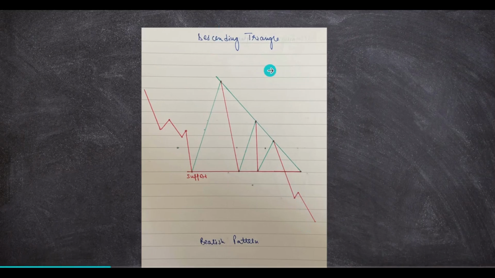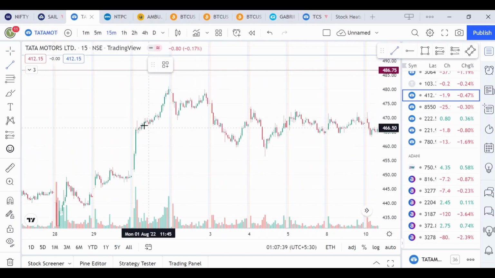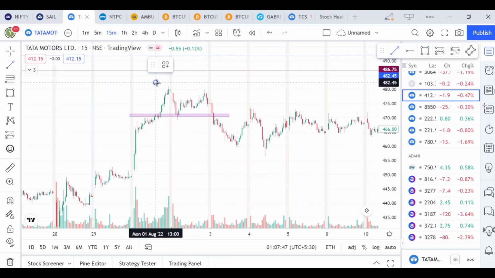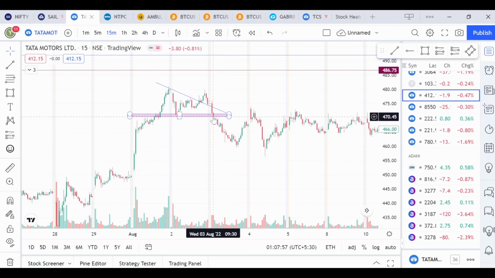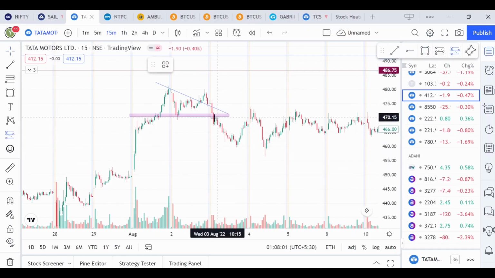Now let's talk about a real example of a descending triangle pattern. As we can see, in this zone the stock was taking support, and over here it was taking resistance from the zone. It gave a fake breakout, but as you can see the volumes were very low. I always trade with the volumes, and in the real breakdown the volumes were very high. Now let's discuss the